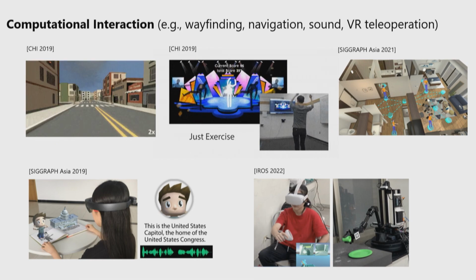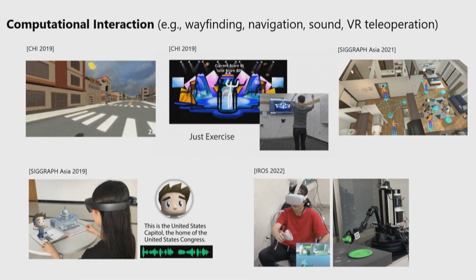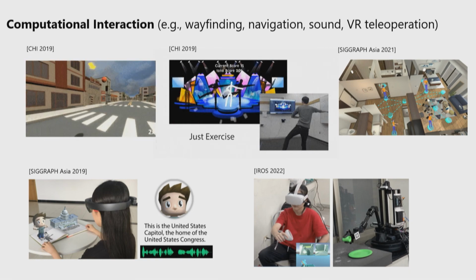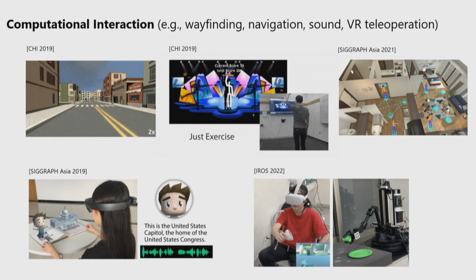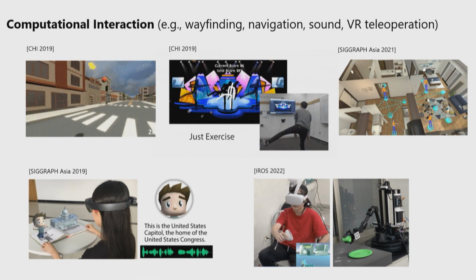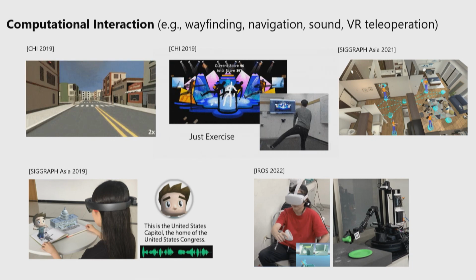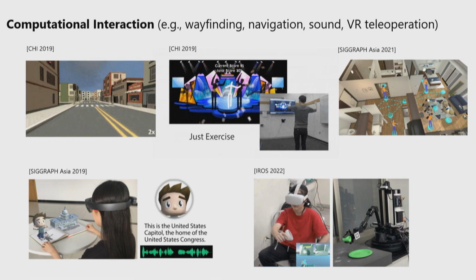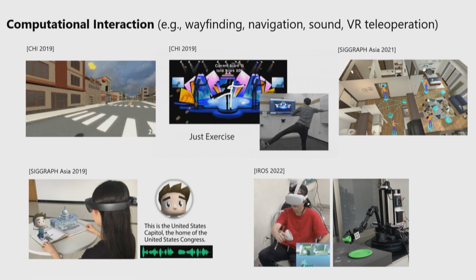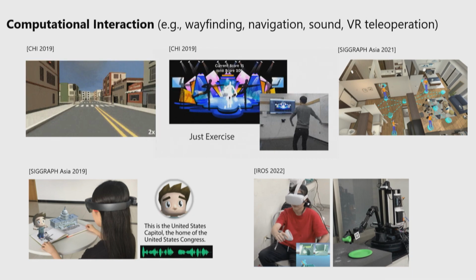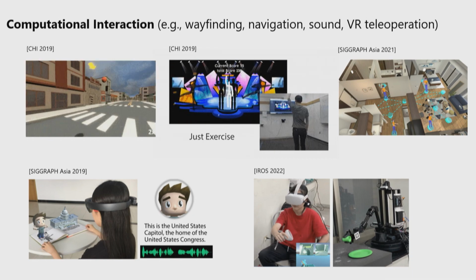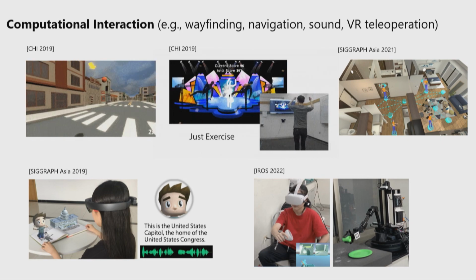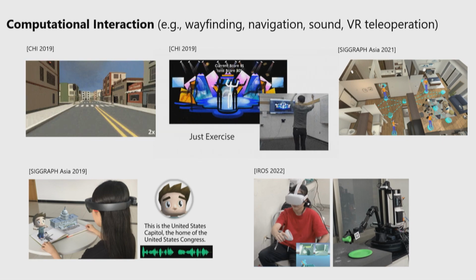So along this line, we also work on some other stuff. For example, recently we also work on virtual reality-based robot teleoperation, and in this kind of scenario, AI will be super helpful, right? Because first of all, as an operator, you don't really want to do all the delicate manipulation, right? Because it's very tiring, and it's also very difficult to do if you need a high precision, right?